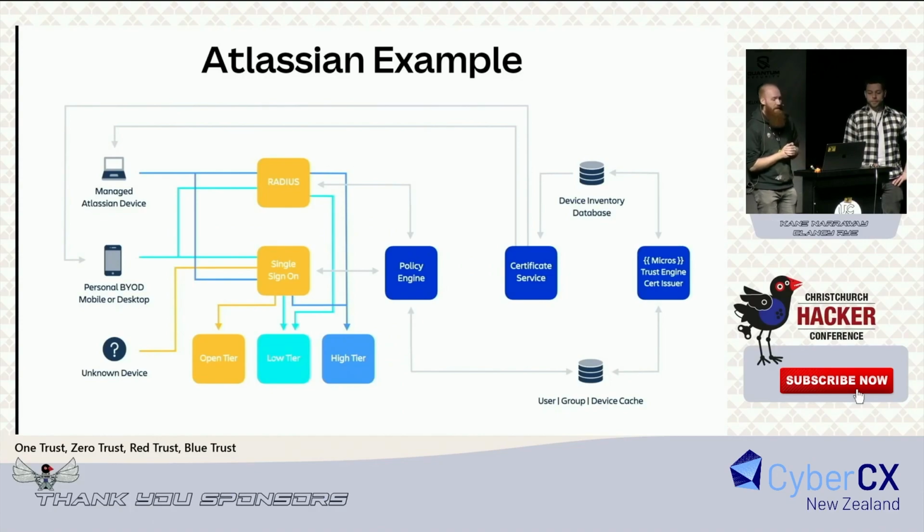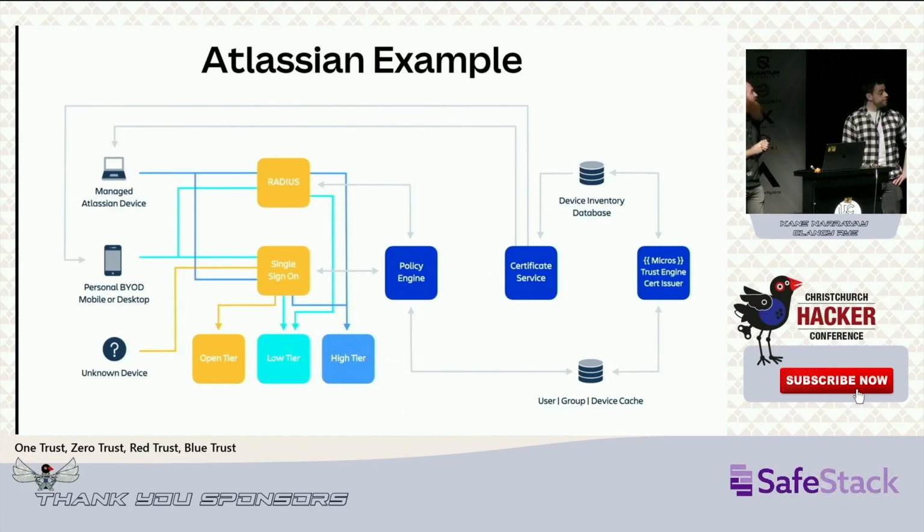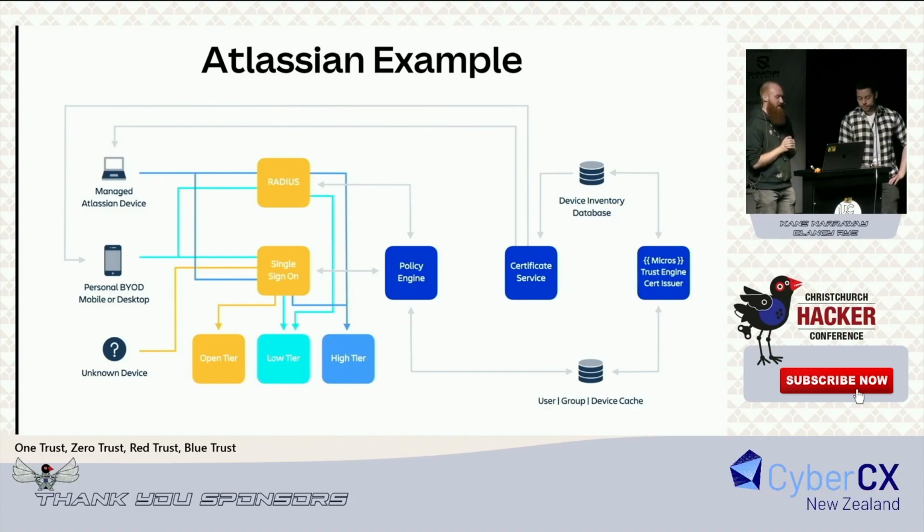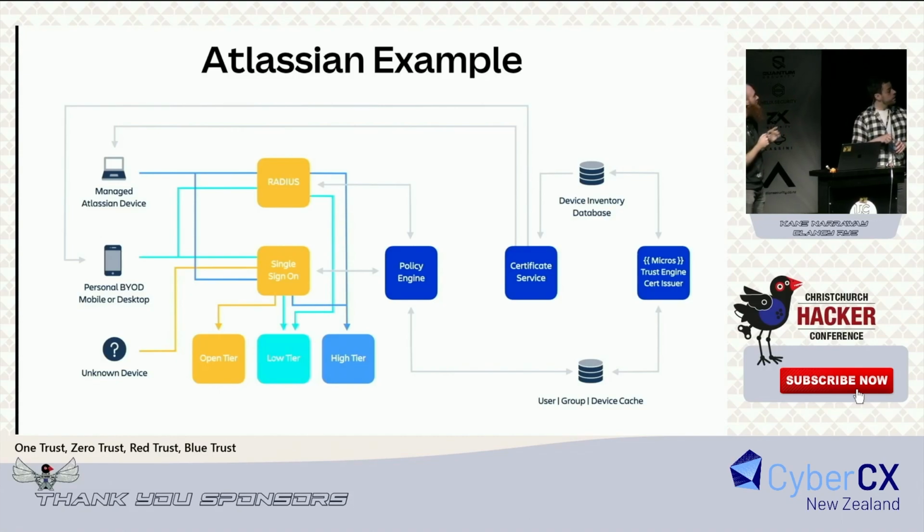And here's an example from Atlassian, and this is a little old. This is from 2019, hence the word "Radius" on the screen, so I don't want to scare anyone there. That is no longer in, but it's a similar approach, and you can kind of see the similarity in the design.